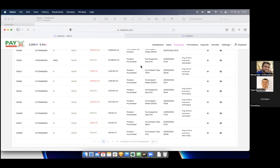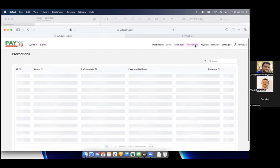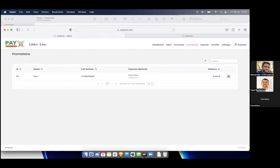We also allow you to refund once the user is paid in. For whatever reason you might want to refund that customer, you can just click refund, and then that VulaCoin will be sent back to the wallet to either be sold or sent to somebody else or used for a future purchase. Like I mentioned, we've got this promotion running in the weekend